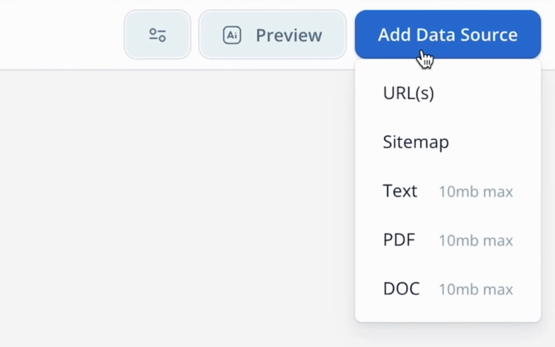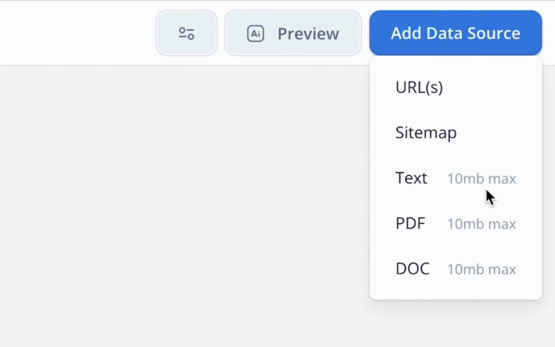So what we can do here is click add data source, and we can add either URLs, sitemap, text, PDF, docs, or whatever you want to add in order for your bot to be knowledgeable. I would always advise going with PDFs, or text or docs, because it's easier for the bot to read, and you can create a PDF the way you want it to be. But we don't have a PDF here, so we're going to start with URLs, and we just have the Emirates